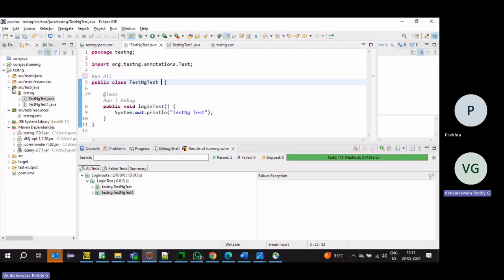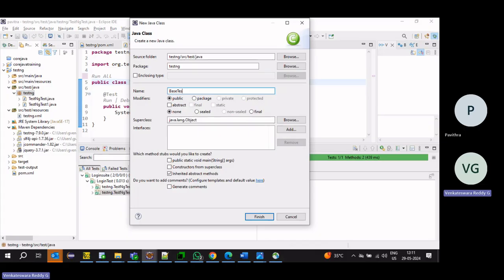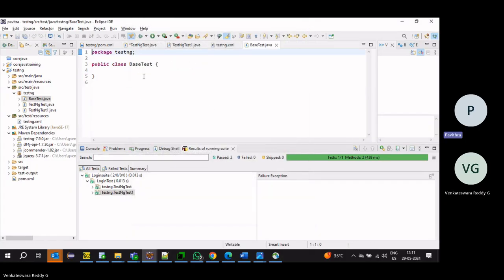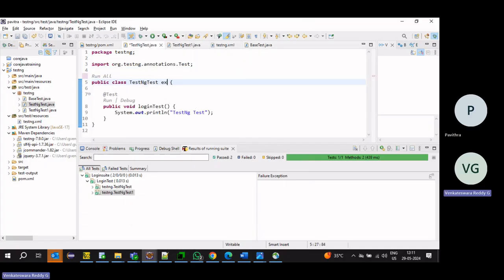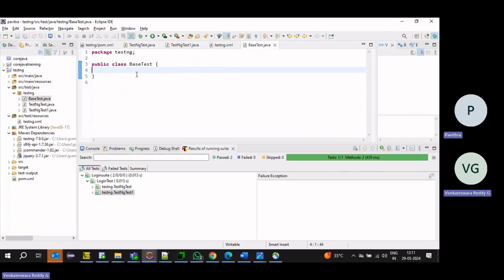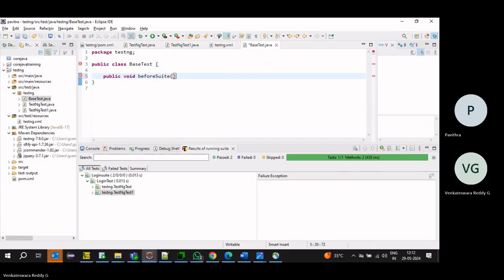Usually we will make it a BaseTest, the parent class. Then that BaseTest we will extend. In the BaseTest, we write one method, public void, say beforeSuite.